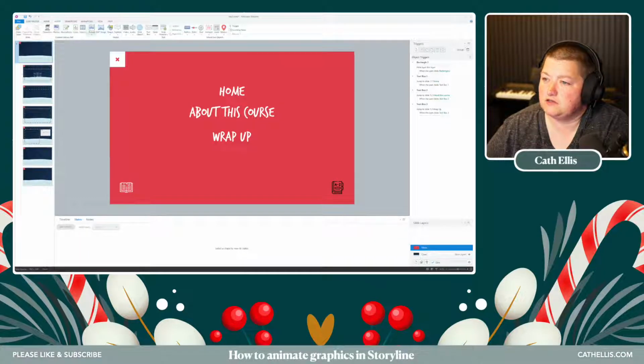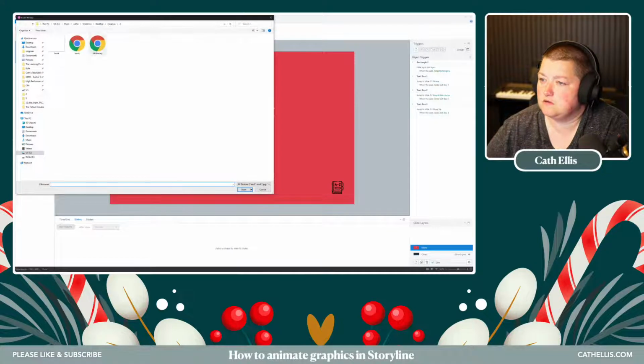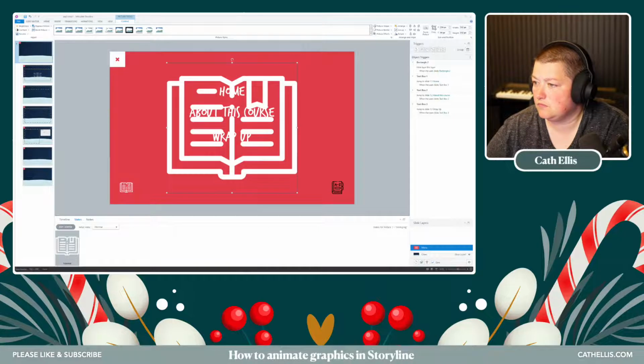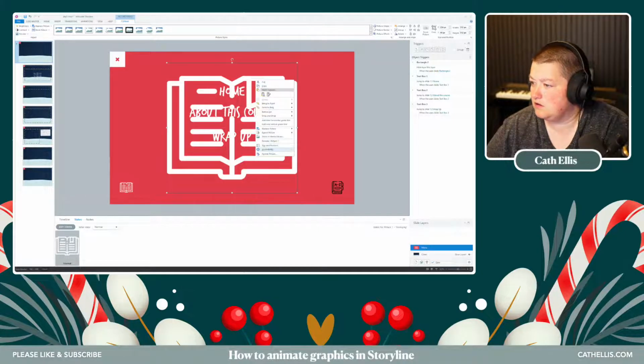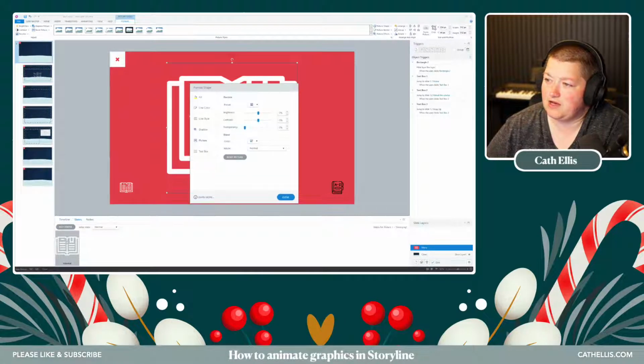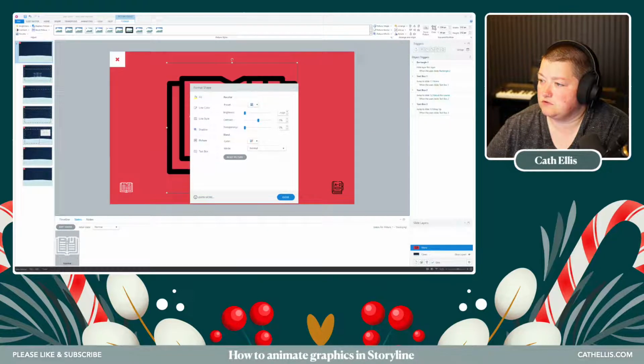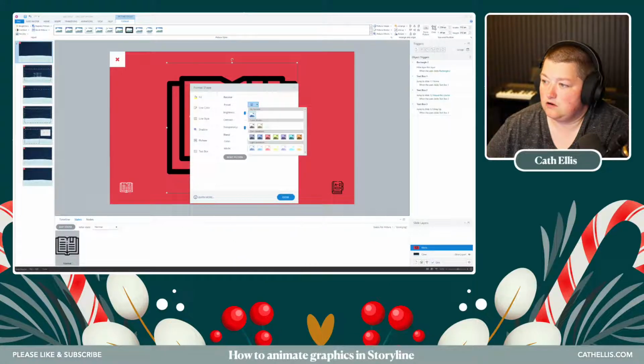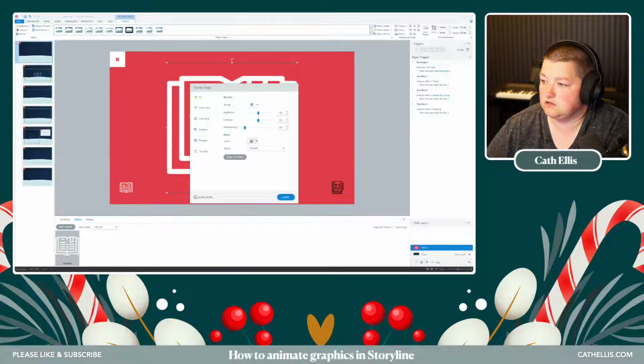So if I inserted another picture, for example, this is a PNG, I can even go to format shape from there, and let's say I wanted to have this black. I can play around with the brightness to take that to black, or I can actually choose, so if I go here and choose a color,